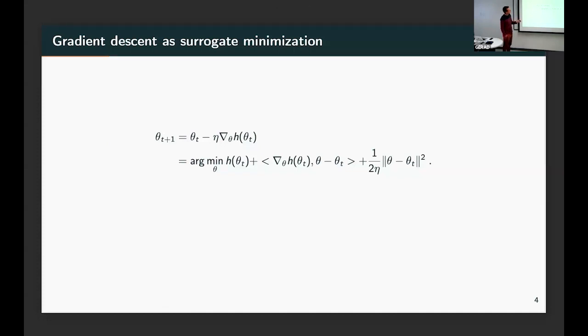Who knows about, quick show of hands, who knows about the equivalence between these 2 lines? Okay, 1 person. So this is the standard way we teach gradient descent, right? My parameter at time step t plus 1 is equal to my parameter at time step t minus some step size eta times the gradient of the function h at time step t, right? And you can show that this is a good thing because you can run the convergence analysis. You show that it converges nicely and you're happy.